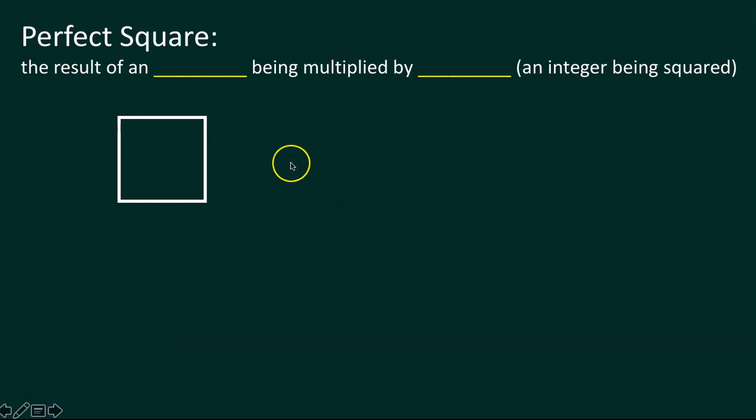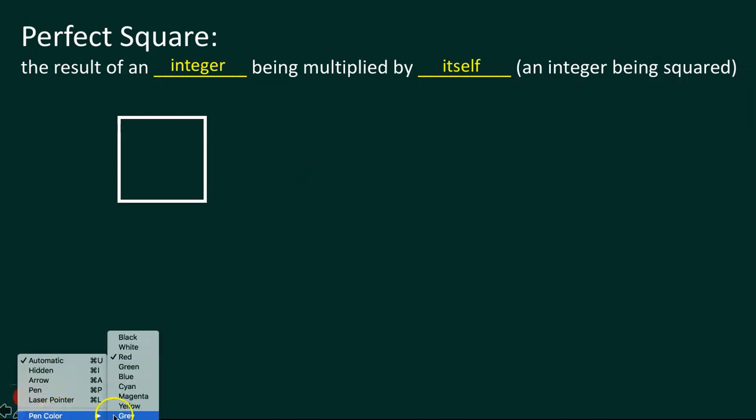A perfect square is the result of an integer being multiplied by itself. An integer being squared. So take a moment here, make sure you have the right font size and the font that you want, and go ahead and type in the word integer and the word itself. And then I'm going to grab a pen,